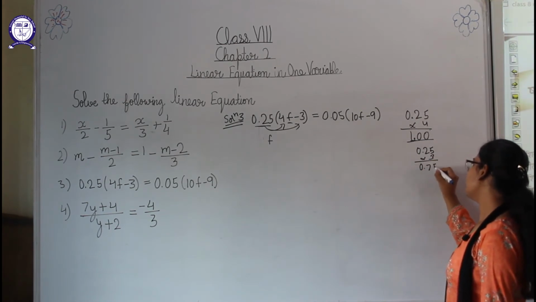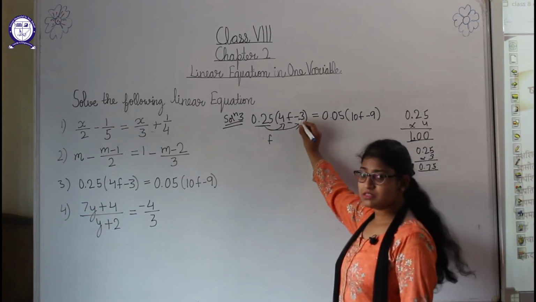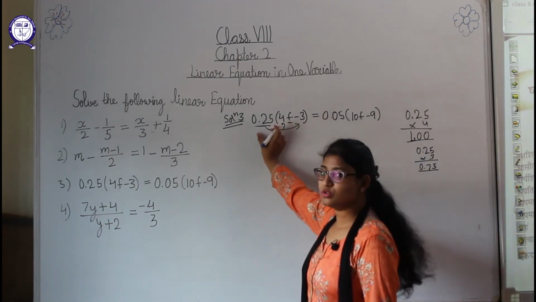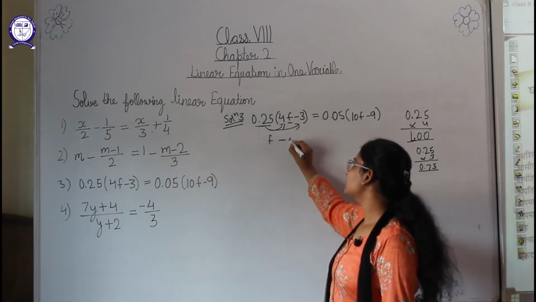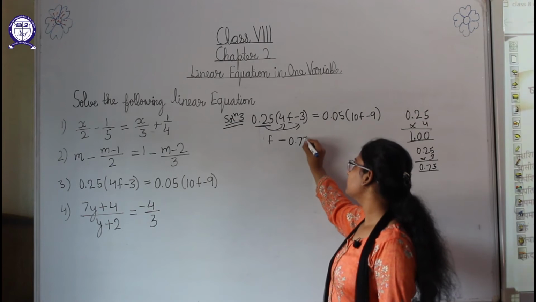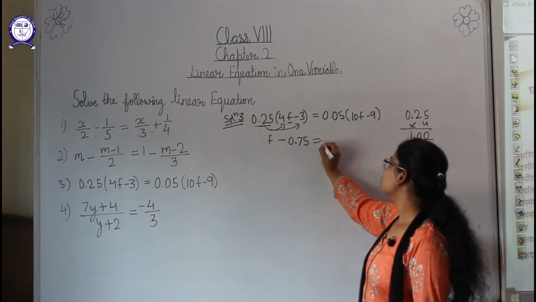Answer will be 0.75. Okay, and as it is minus, one term is negative in both the multiplication, so the answer will be negative and it will be 0.75. Okay, this will be our solution. Now it is equals to, now